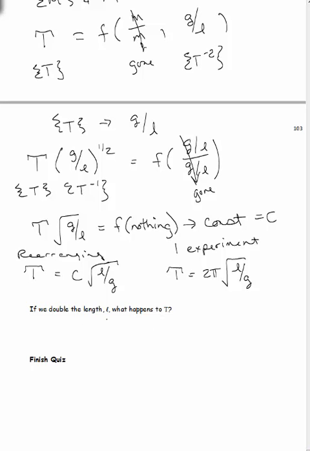We can see what happens if we double the length. What do you think happens when we double the length? Well, double the length, you're going to have a square root of 2. So T goes up by square root of 2. So you can get more information out of this stuff sometimes than just scale modeling or experiments. Okay, that's it. So go ahead and finish the quiz. See you in